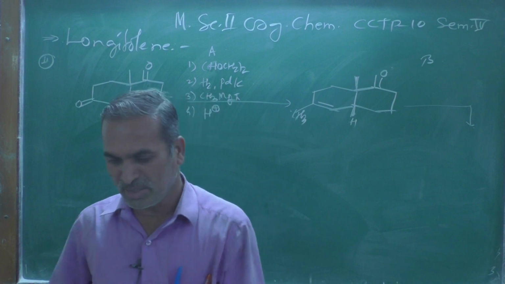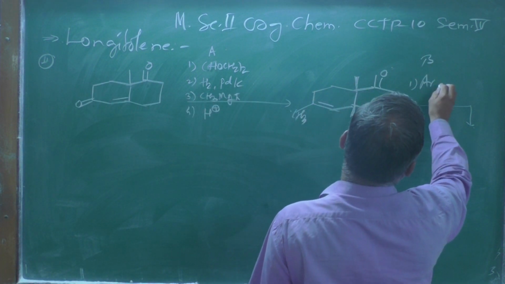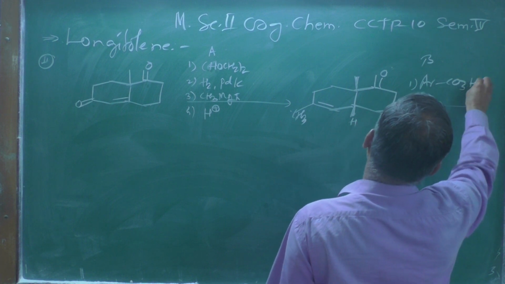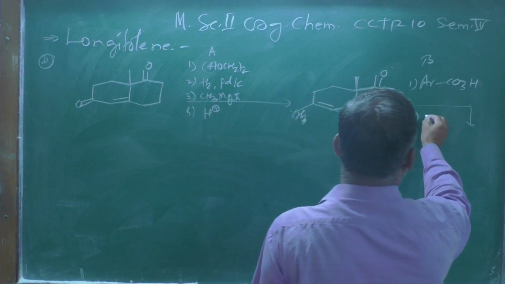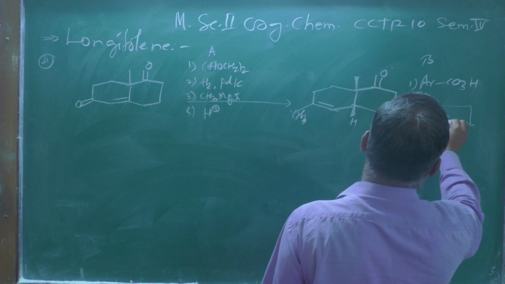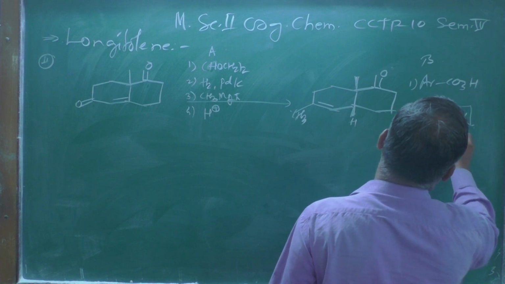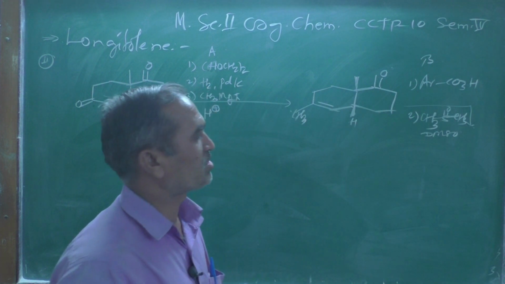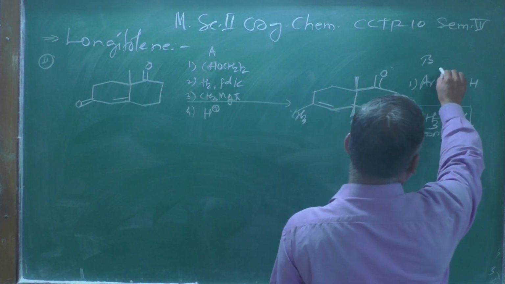What are those B reagents? So let's see over here. First one is ArCO3H, and the second one is this one, as you might know, CH3 S double bond O CH3. This is known as DMSO, dimethyl sulfoxide, used as a solvent, and this we know is a